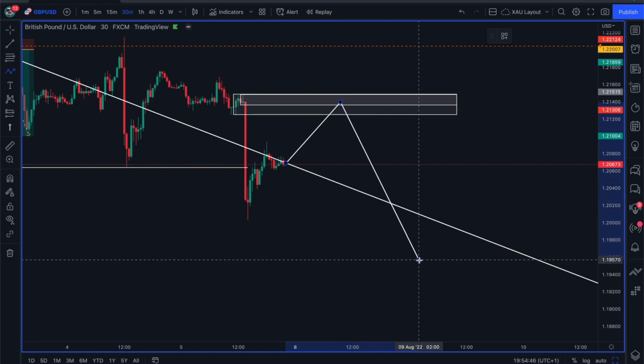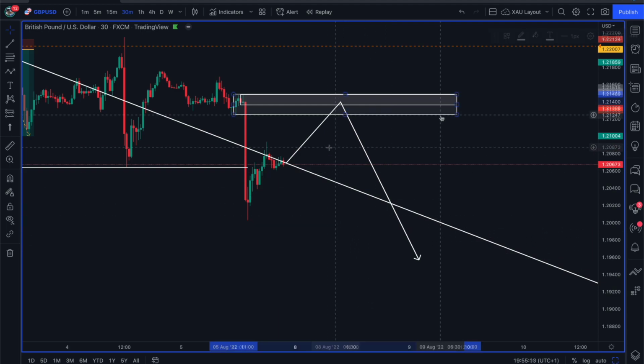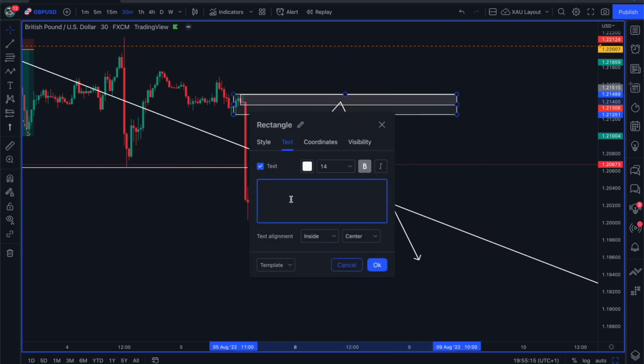This could be delivered by a break of structure, a candlestick formation on the higher time frames, or some other form of a distribution. So just so you guys are aware, if you keep these figures in mind when looking at this zone yourself, when you want to highlight this zone as a potential sell zone, I've got a figure of